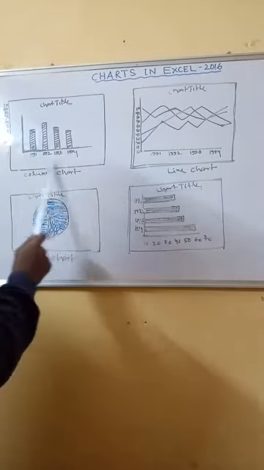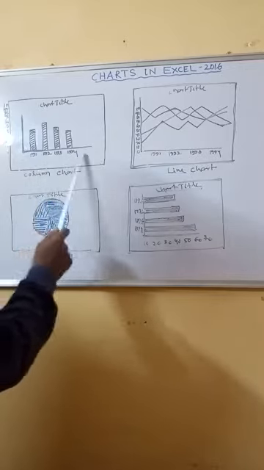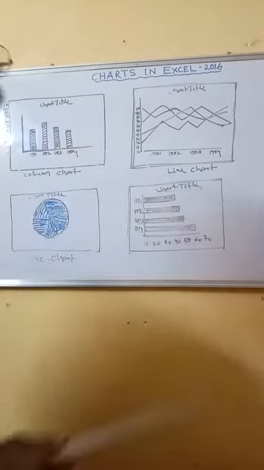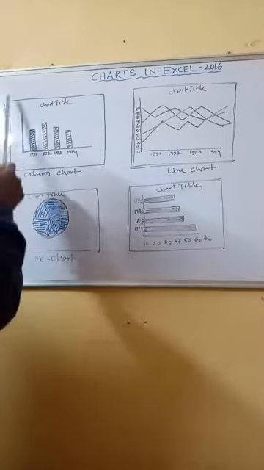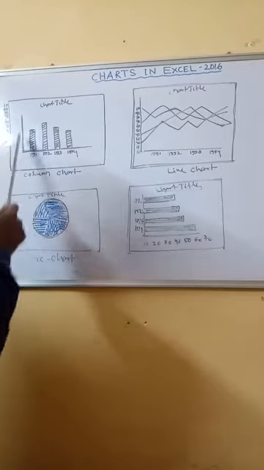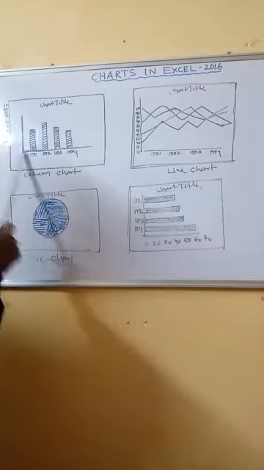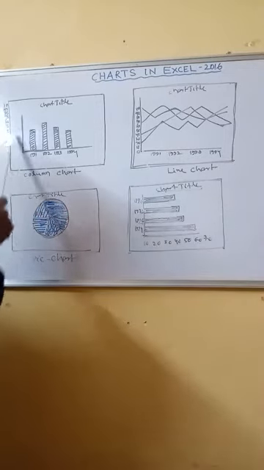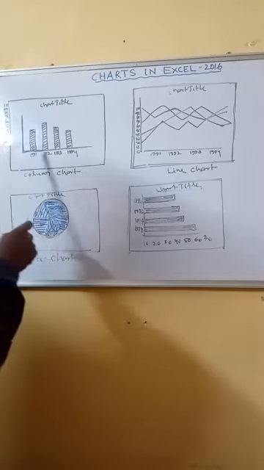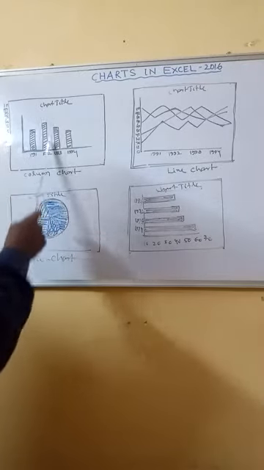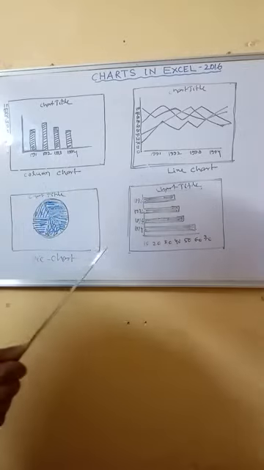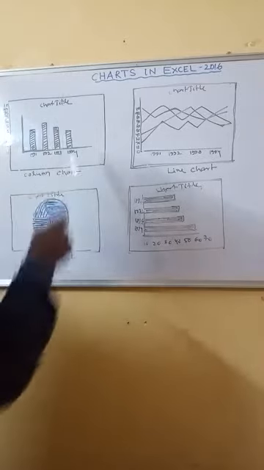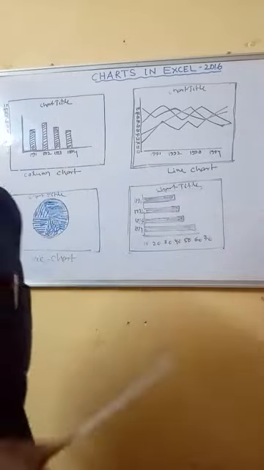Here your category is called your data category. Understood? And here your data series. This is your x-axis, this is your y-axis. The y-axis represents the data series, and here the category is represented, and all the bars represent the data values in the form of bars in a vertical manner. So this is your column chart.